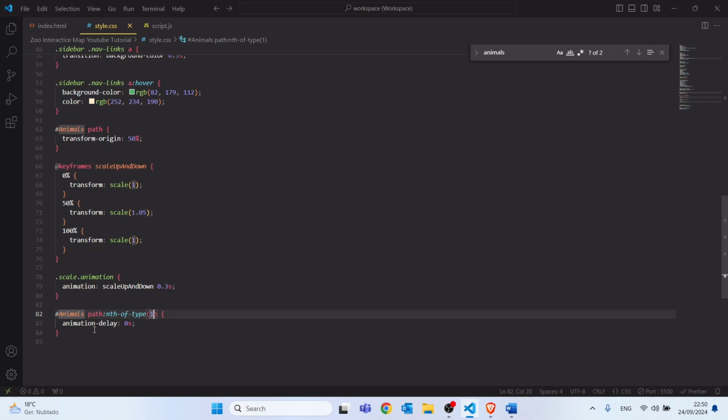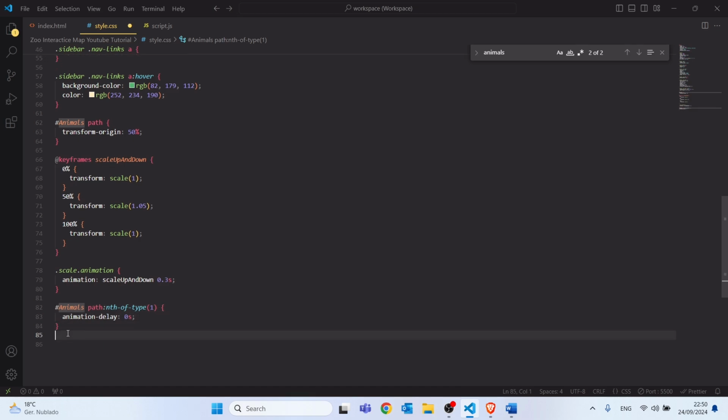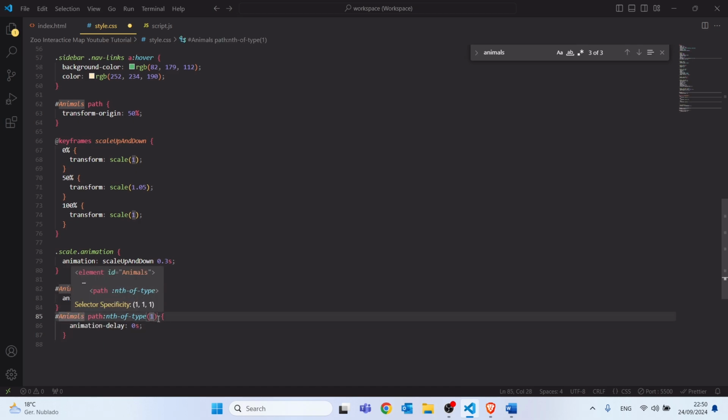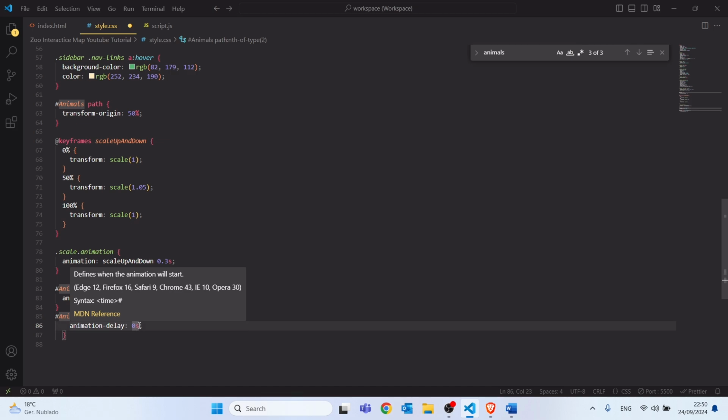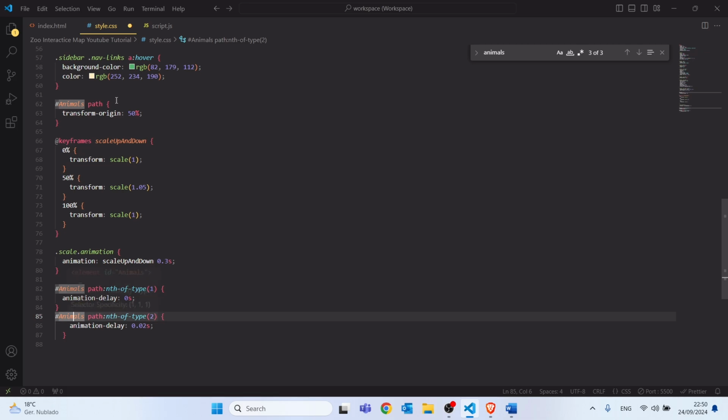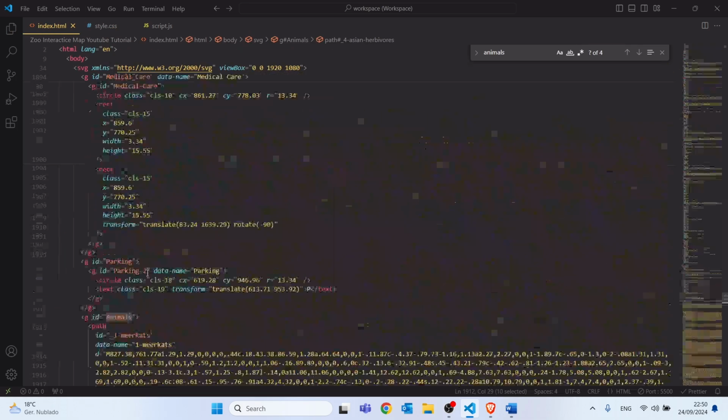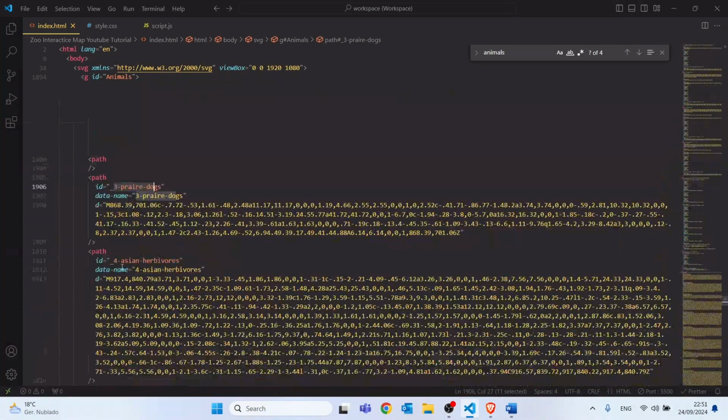Let's apply the style to each of the animals, giving the same time gap of 0.02 seconds between each one. So here's how it can be done. I'll just copy and paste the previous code, and I just need to change the number of the animal. So in this case, this will be the animal number 2, and now 0.02 seconds. This animation will be applied to this one, tropical world, and then we need to do this to each one